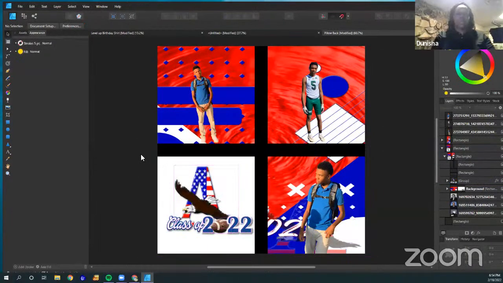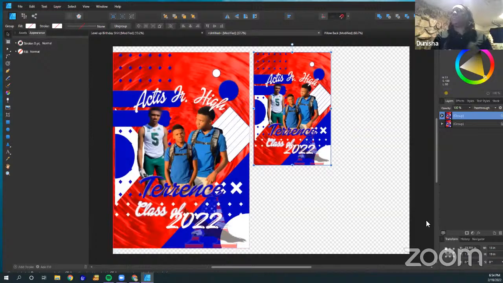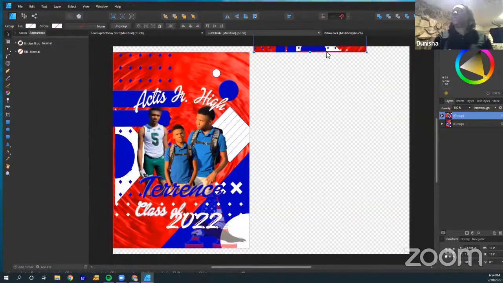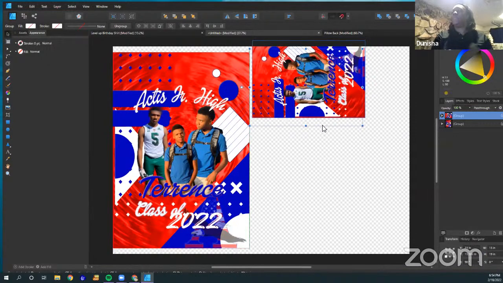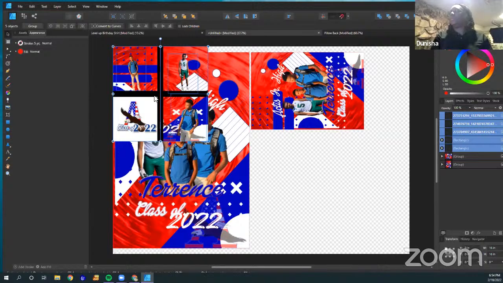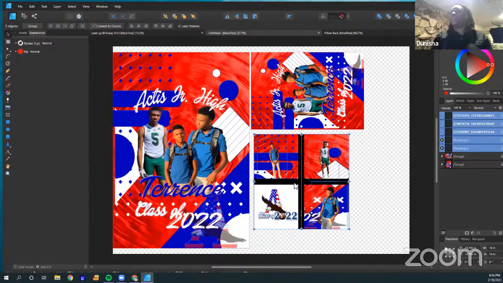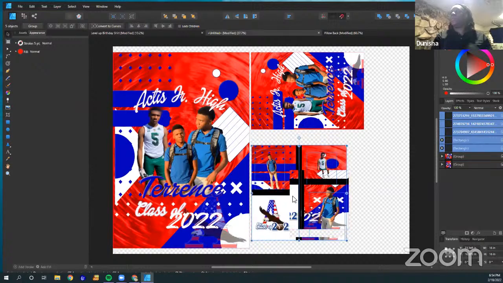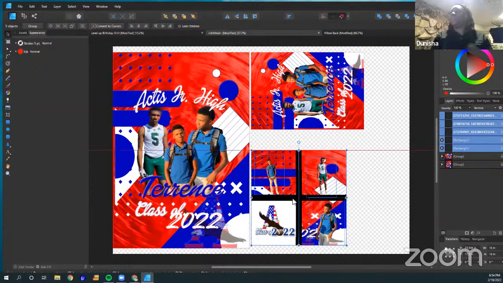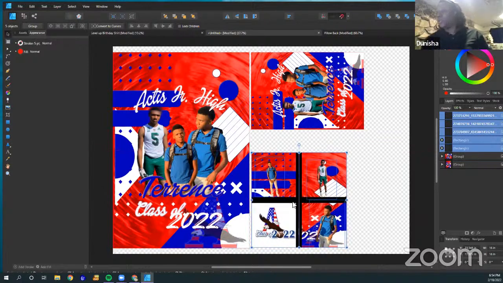All right, so I'm going to grab this, copy it, and I'm going to put it onto the other sheet. Let's turn this 90 degrees. And there is the front side, or one side of our pillow. This right here is what you call a gang sheet.